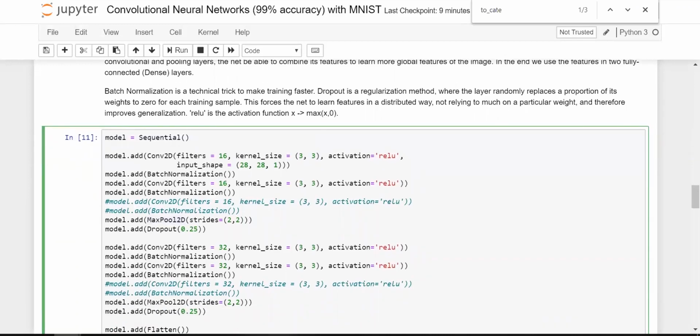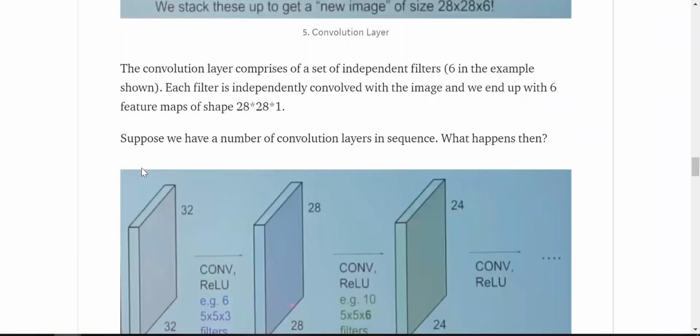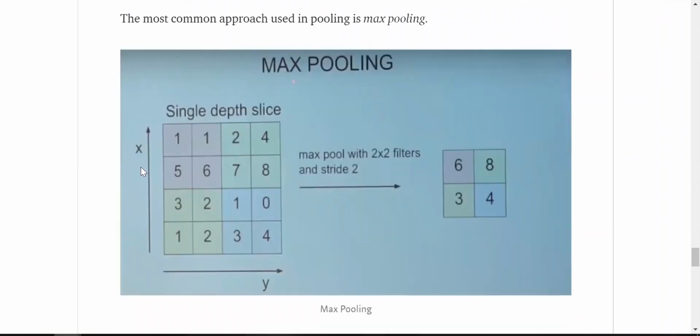So max pooling is a pretty important feature in convolutional neural networks. I'll just see if it is here. So what max pooling does is it splits the entire input array from a main into n number of slices. Okay, here we have 4 slices. In each one of the 4 slices, since the name of the pooling process is max pooling, what it does is it takes the maximum element of the group which is being analyzed at a time.